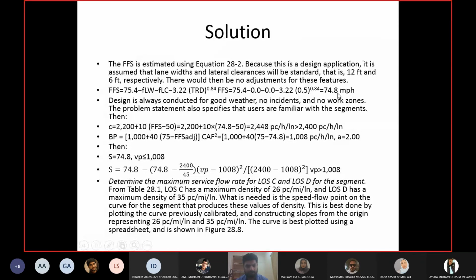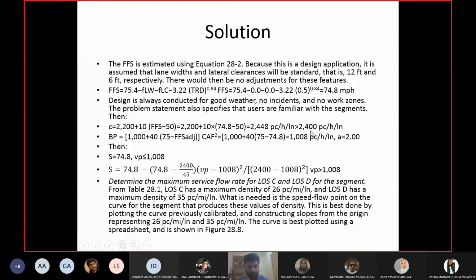1008, 1056. Okay, so that's different. But anyways, this is a free flow speed, so you will put 73.6. Since you are saying 73.6, I will believe you. So 73.6 should be put here. Then 2400 I already told you, because the capacity exceeded the value for the limit. So capacity will be 2400.